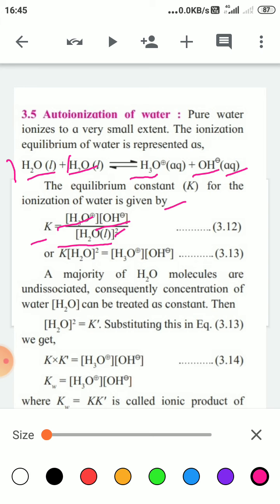And as the dissociation of water molecule is of very low extent, the number of undissociated water molecules are in major amount, and therefore the concentration of water molecule is considered as a constant, and therefore the equation will